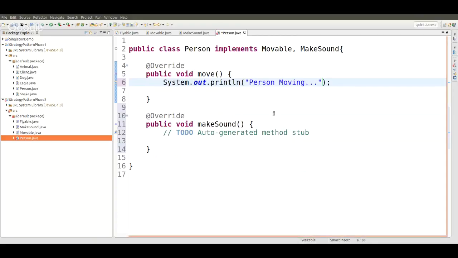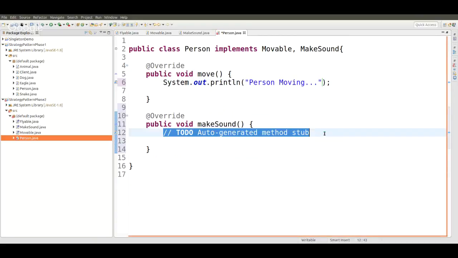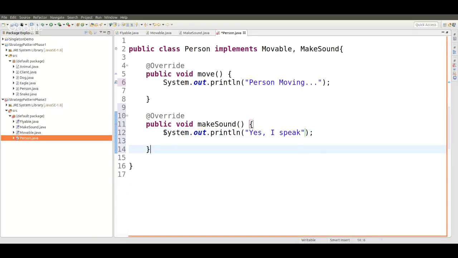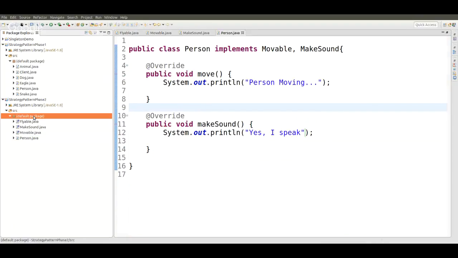Person moving, and yes, I speak. This person can speak, this person can move, but this person cannot fly. If we call person dot fly, it doesn't make sense, right? So we move on, and this time we create an